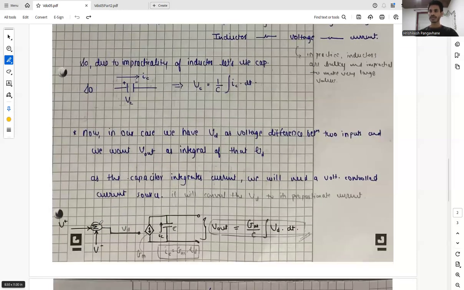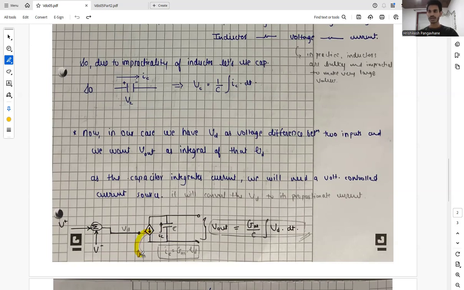What we have is basically this block where we take the difference between the desired voltage and actual voltage, or basically a negative feedback voltage. So we have our VD over here, which can be applied at a voltage controlled current source, and we will discuss it in our upcoming videos. But let's say the transconductance of this